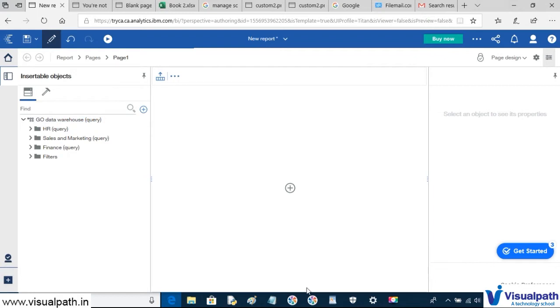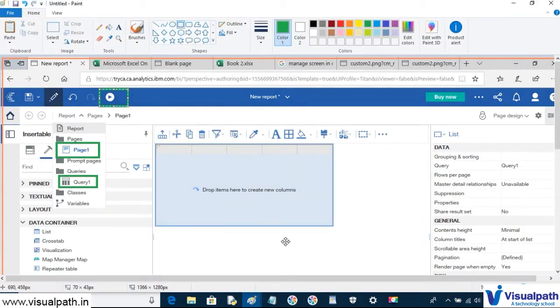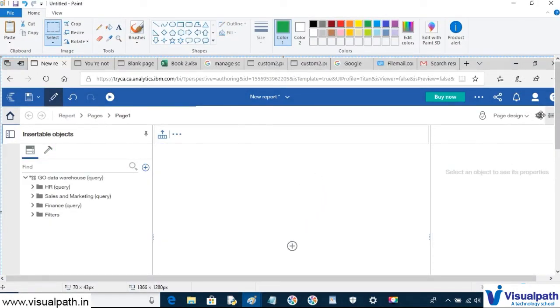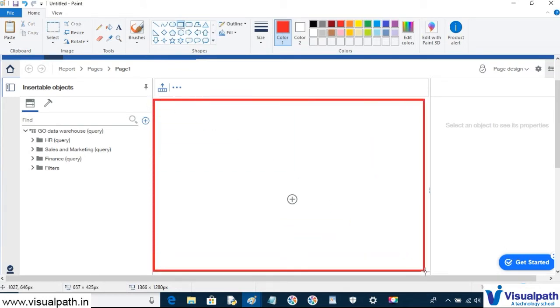Now our requirement is that we want to create the header and footer of this page. As of now, this middle portion is the area where we are going to work.